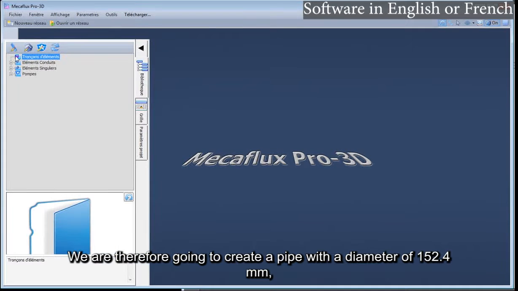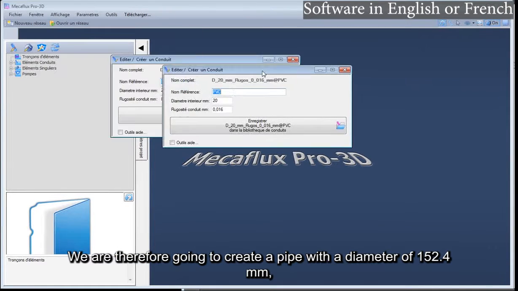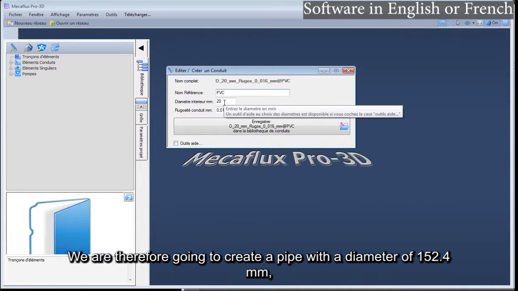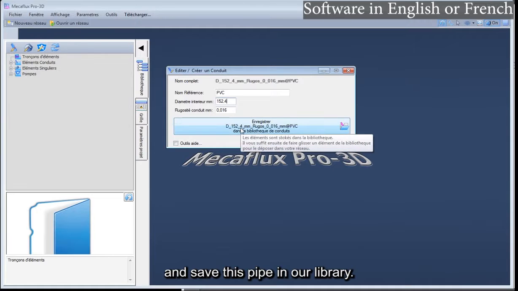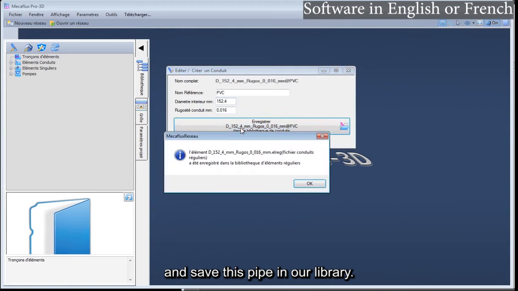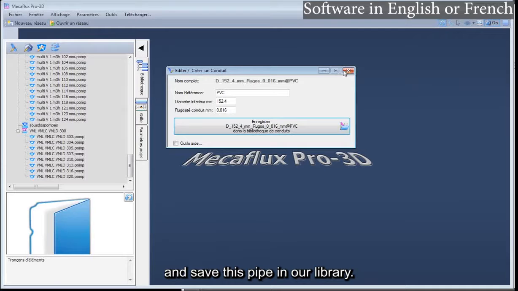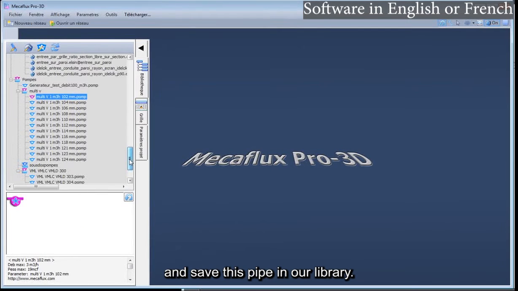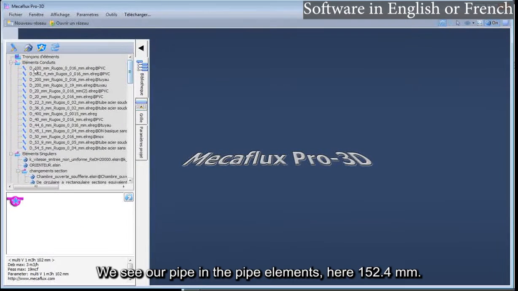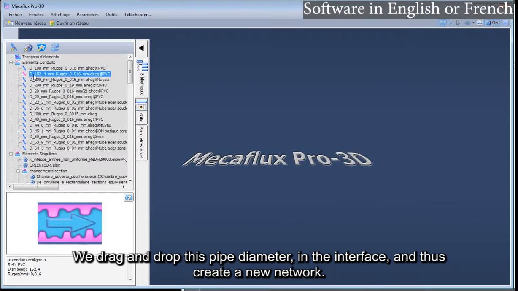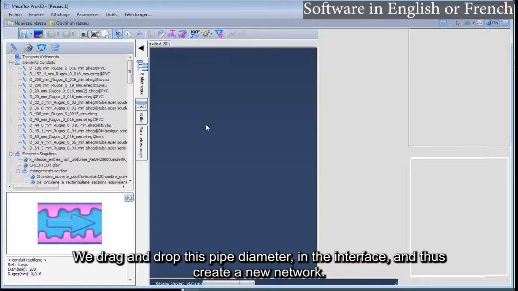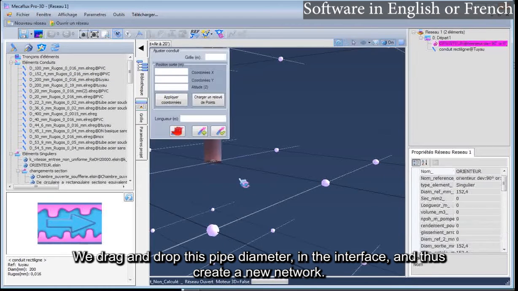We are therefore going to create a pipe with a diameter of 152.4 millimeters, and save this pipe in our library. We see our pipe in the pipe elements, here 152.4 millimeters. We drag and drop this pipe diameter in the interface, and thus create a new network.